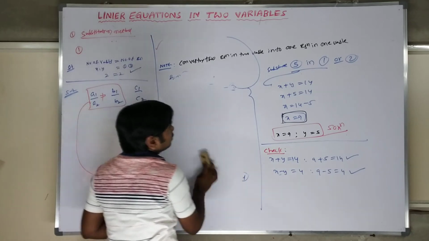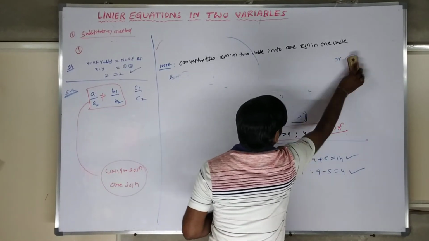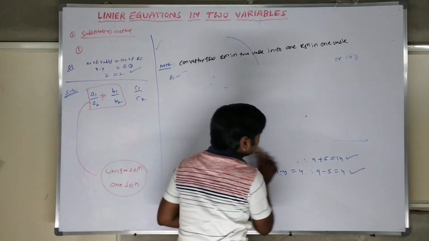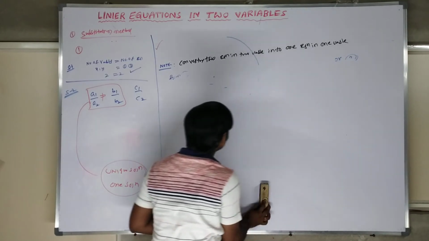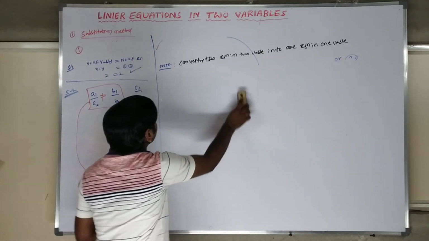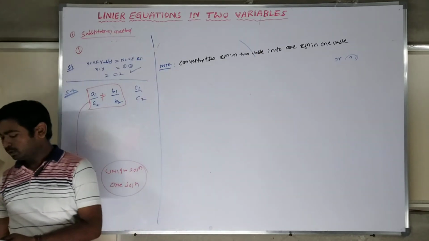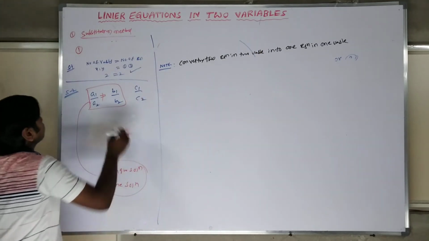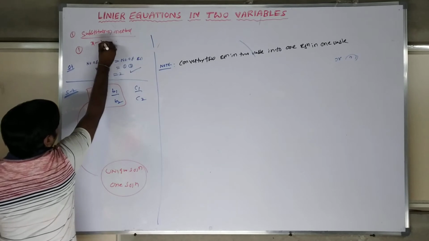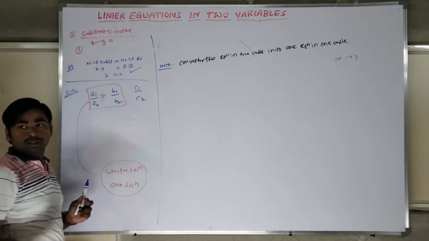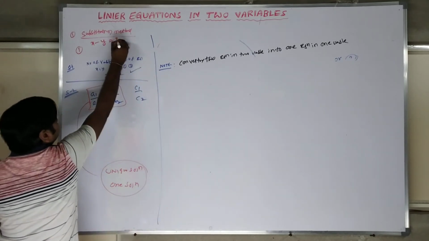So what is the second example here? Because of complexity, I will explain a little bit easily. Not only one problem, some people are asking for a number of problems. That's what I am converting into that. Let me explain one more problem, student interest. The first problem is, complexity: x minus y is equal to 3.